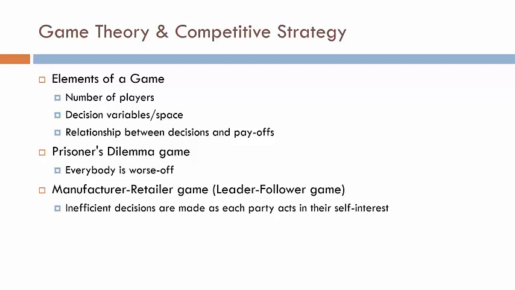but I should add that the game theoretic tools can also be applied to model interactions in more complicated settings, such as a distribution channel, where the manufacturer sells its product to the end customer through an intermediary, such as a retailer. And it can be shown, as we will in our distribution session, how that can lead to inefficient decisions when parties act in their self-interest. Now let us turn to the prisoner's dilemma game.